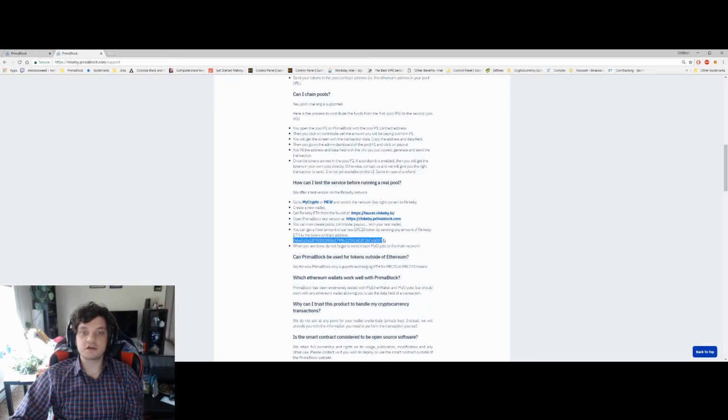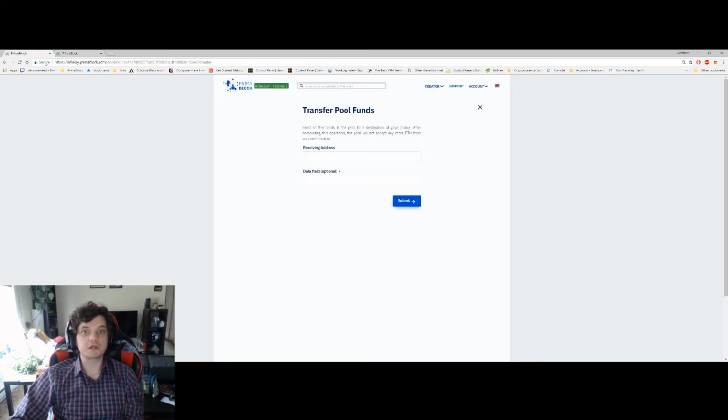So I'm going to take our token address here and copy that. As if the ICO had given you the token address, that's what you want to copy. And then you want to put that into the receiving address. So this is where the Ethereum's going. This should be the address that the ICO gives you, like I was just saying. And don't forget that if they did have a data field required, you do have to enter it now. But since for the purpose of this demo we do not, we're going to do it simply and